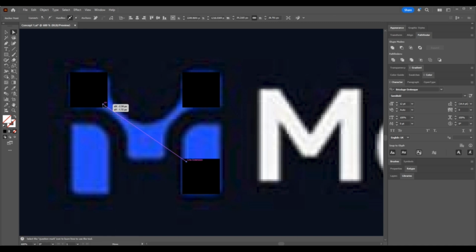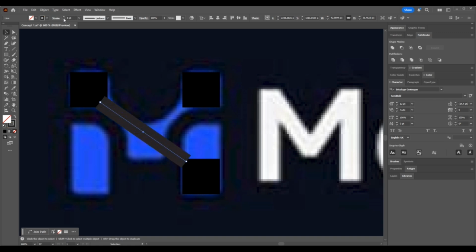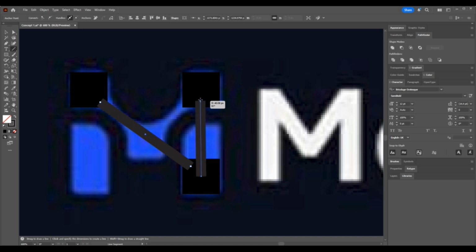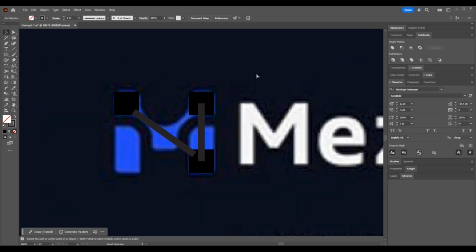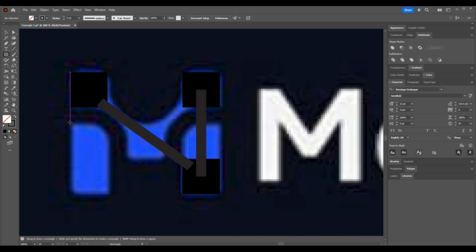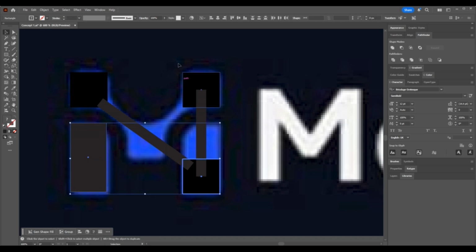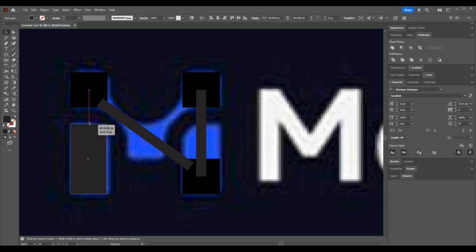Okay, so let's increase it, and after that change the stroke size. Much better. And now we need to think about making it the same as that. So we have this ready, and now we have to draw a shape. Just select it and make sure it's vertical and at the bottom,